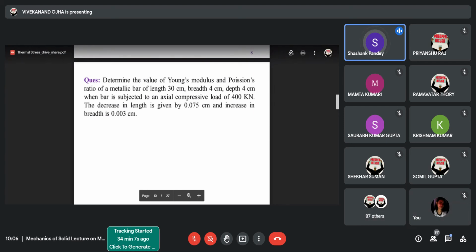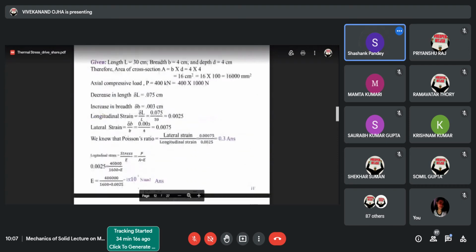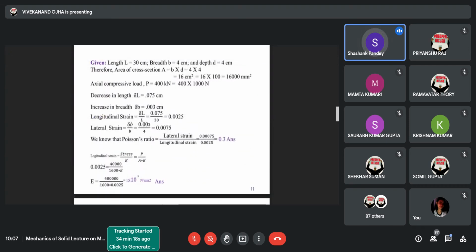Let us see this. Slide number 11. Length is given to us as 30 centimeter, breadth is 4 centimeter, and depth we are given as 4 centimeter. So we can calculate the area of cross section, which comes out to be 16,000 mm². We have the value of load as